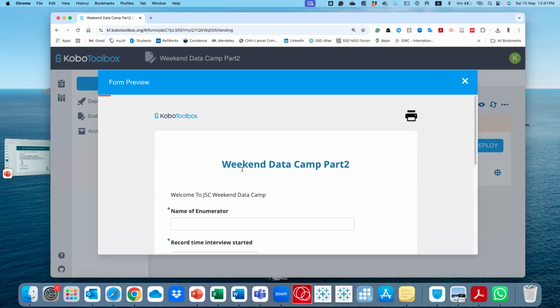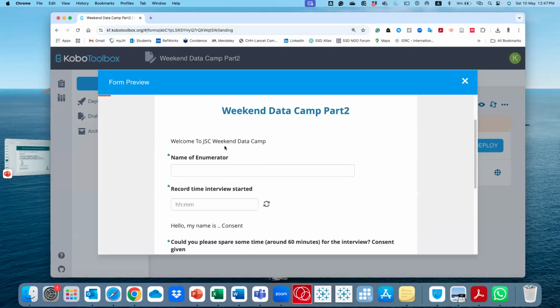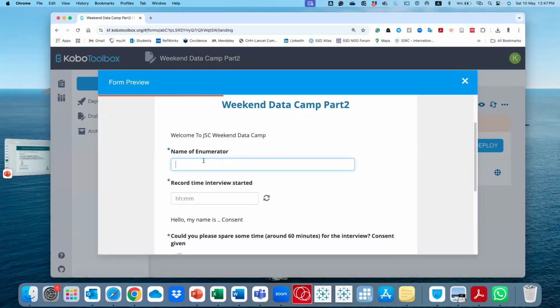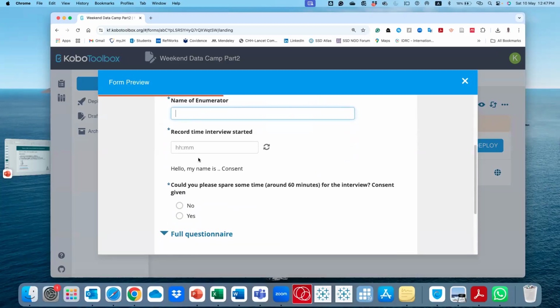So you'll see here, data, weekend data camp part 2. This is what we just wrote. Welcome to the JSC weekend. And here this form will take the name of the enumerator. You may want to record the time the interview has started. This will help you monitor.